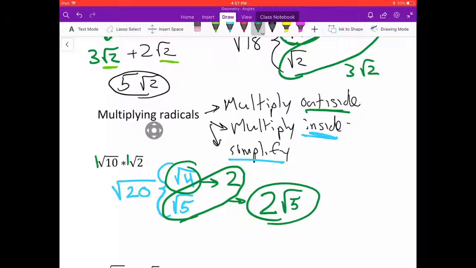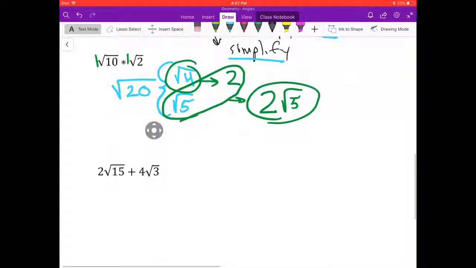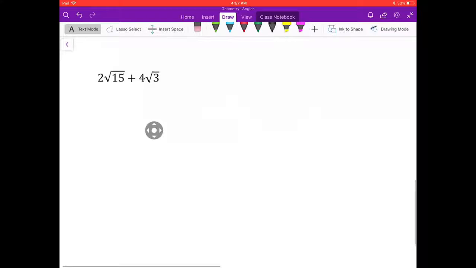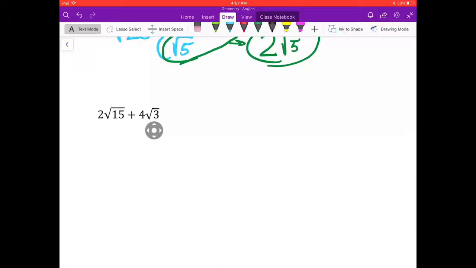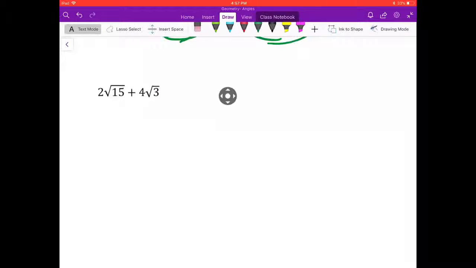All right. Now, we're going to do one more example like this just so we can go through the full process. So 2 radical 15 times 4 radical 3. So our first step is to multiply the numbers on the outside. 2 times 4 is going to be 8. All right, then we're going to multiply the numbers on the inside, 15 and 3, and that's going to be